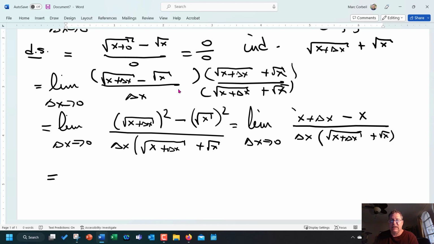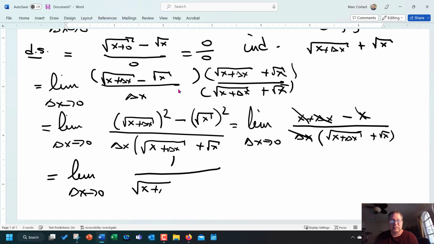Now in the numerator, the x's cancel, so I have the delta x over delta x. That also cancels. So I am going to be able to reduce this down to having simply 1 on the top, and in the denominator, I'll have the square root of x plus delta x plus the square root of